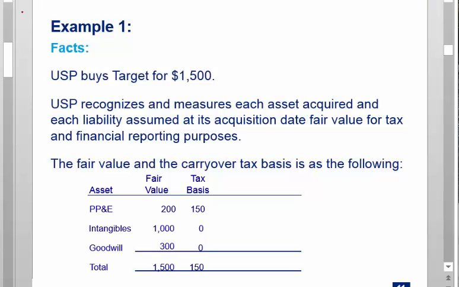All right. So now, that first series of slides was meant to correlate back to that first box in that sequence slide, where I talked about the first thing you've got to do is understand what happened. You've got to understand the structure, right? Did I buy assets? Did I buy stock? Did I get a basis step up? Like, what is the transaction?